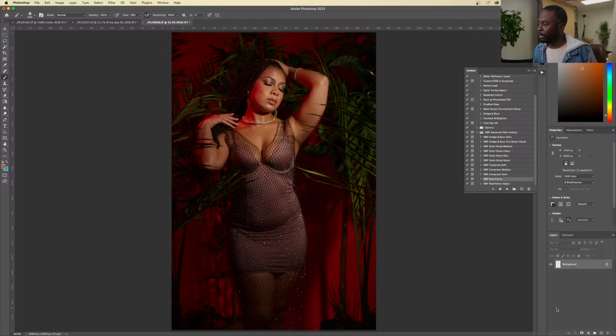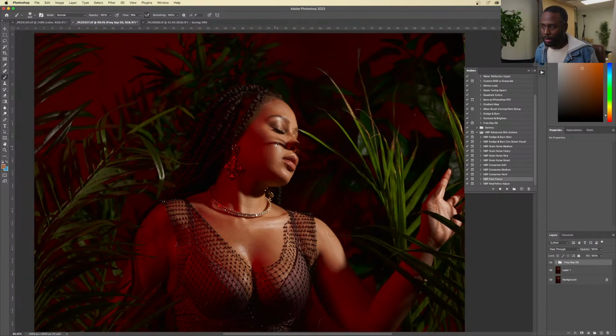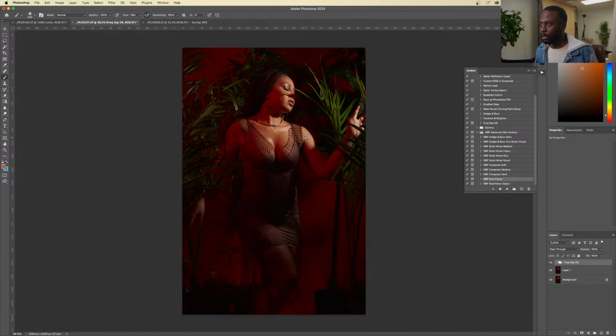I'm gonna flatten. I hate to flatten because I'm just like, I'm gonna lose absolutely everything, but it is what it is. I need to save some space, and I want it to go a little quicker. So I'm gonna do the same thing for this. I'm gonna do a face focus where I'm going to,